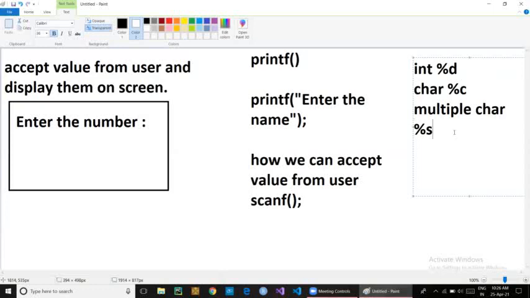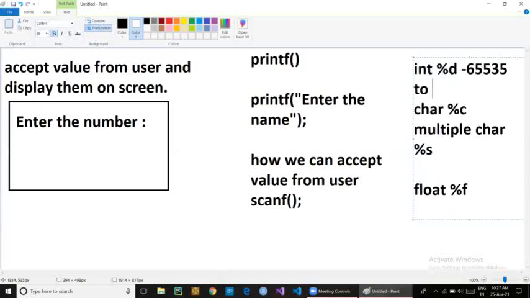Now next, if you are going to use a float value, then you should use %f. And you know that the integer range is from -65,535 to 65,535, which means you can store values from -65,535 to 65,535.